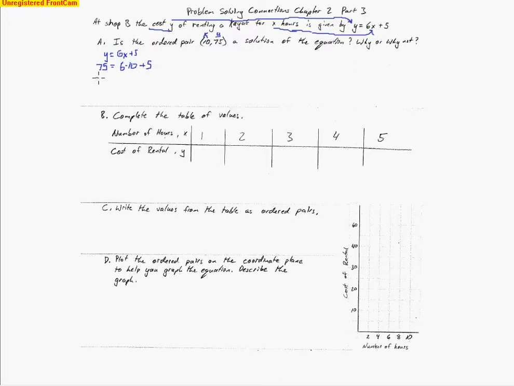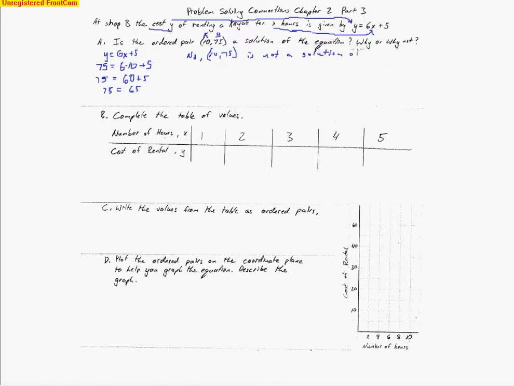And so if it's going to be a solution, that means it's going to be an equality, which means that this answer, when we do the order of operations, will equal 75. However, when we go ahead and do the work, we see 6 times 10 makes 60, plus 5 gives me 65. So I see that these two numbers do not agree. Therefore, 10, 75 is not a solution. So we just have to write that out in words. So I would say no, 10, 75 is not a solution